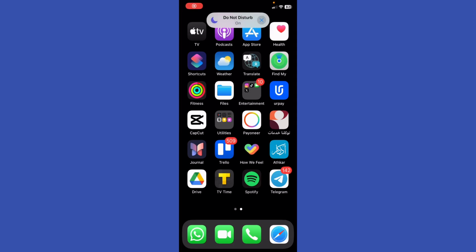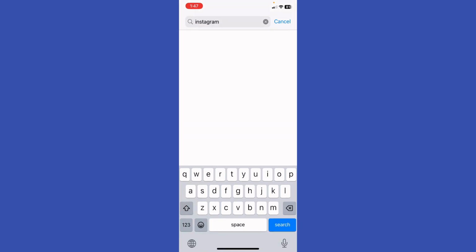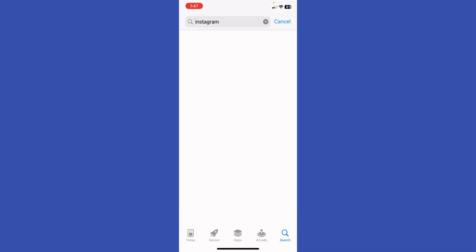My name is Adam. How to delete a highlight on Instagram from someone. So first of all, just go ahead to your app store, Google Play, and just type Instagram right here, and double check if there is a new update on the Instagram app. If there is, just go ahead and do it, and if there isn't, just move along to the